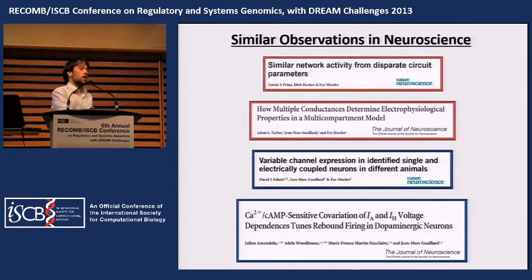Now I want to change gears and talk about similar observations in the field of computational neuroscience, a lot of which has come out of my lab, the lab that I work in at Brandeis University. These are 4 papers here. The top 2 are theory papers that deal with this problem in computational models of neuron function, and the bottom 2 are experimental papers that show that even real biological cells, even when they show similar phenotypes, can achieve those phenotypes by having diverse biochemical parameters. So the problem of multiple solutions is not just one for theorists, but one for experimentalists as well. I won't have enough time to really go into that.